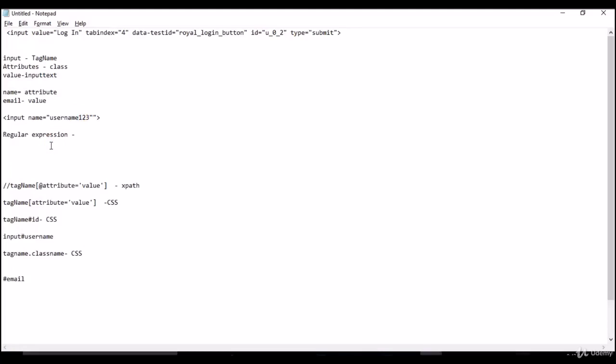Now this is the syntax: // tag name. As I said, tag name is always optional, @ contains, attribute, value. Yeah, this is the XPath syntax.